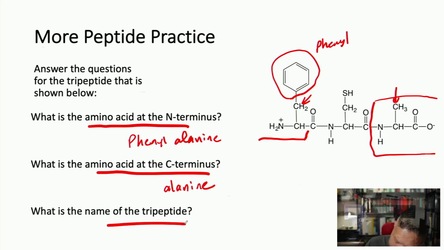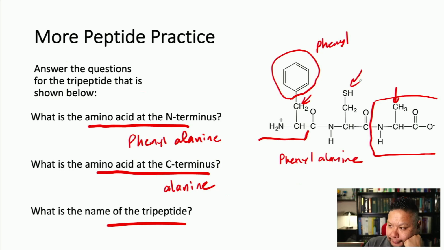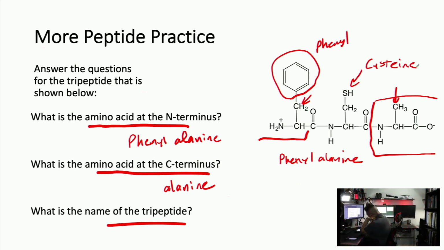So what's the name of this tripeptide? Well, phenylalanine. And what is the middle one? Anybody know? It's the one that my old boss's boss, you know, that whole thing I keep telling you guys about? Yeah, cysteine. I always spell it wrong. I think it's like that. Yeah, I think that's right. I before E, except after C. So phenylalanine cysteine